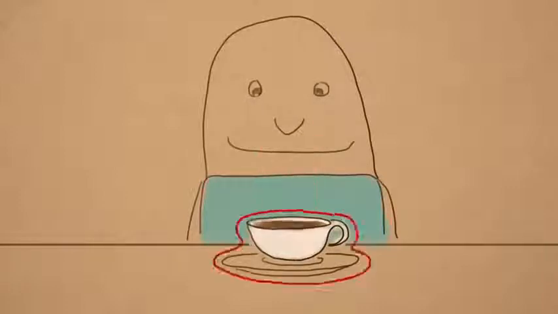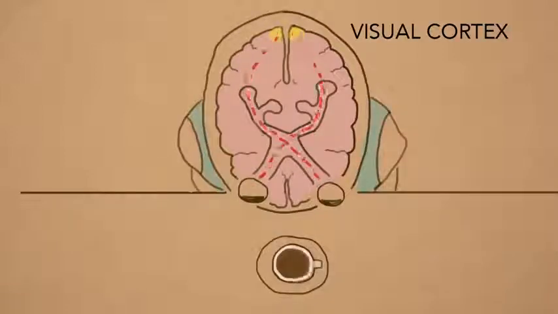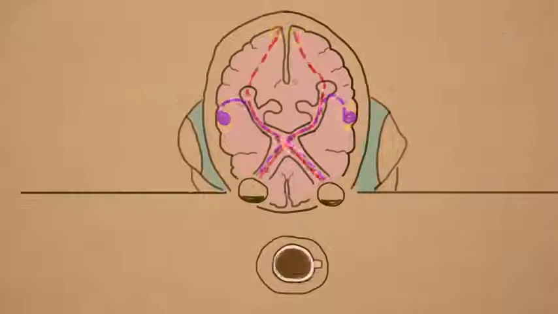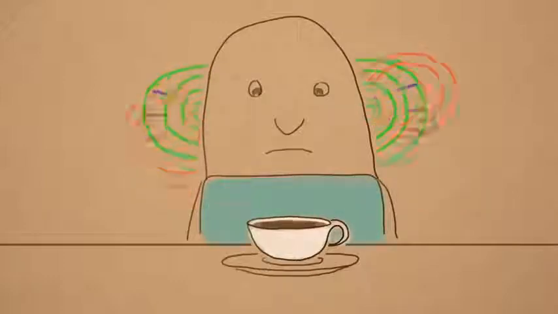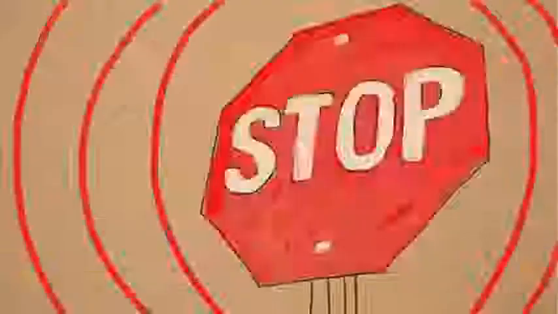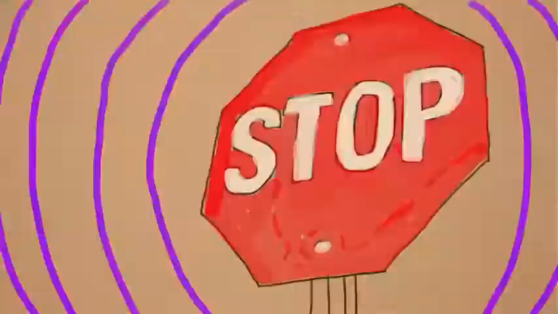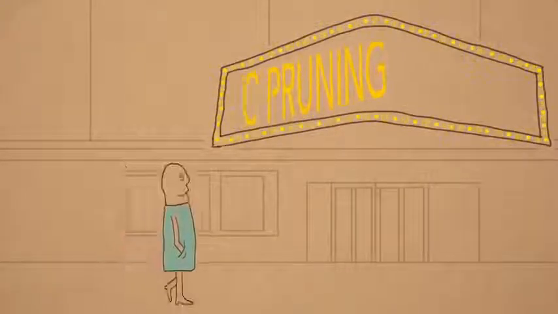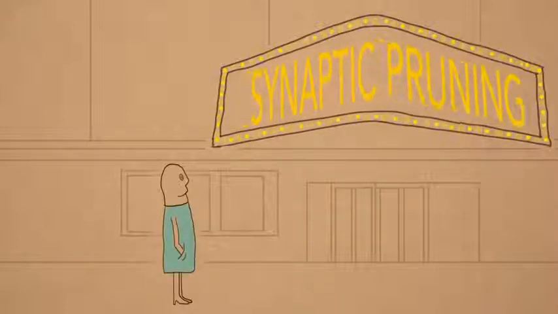You look at a cup of coffee. You see a cup of coffee. But what if when you looked at a cup of coffee, your eyes sent signals to the auditory center of your brain? Not only would you see the coffee, you'd start hearing things too. How distracting. Now imagine how confusing an entire city would be with all of this overlapping sensory information. Well, this might actually happen if we didn't have synaptic pruning.